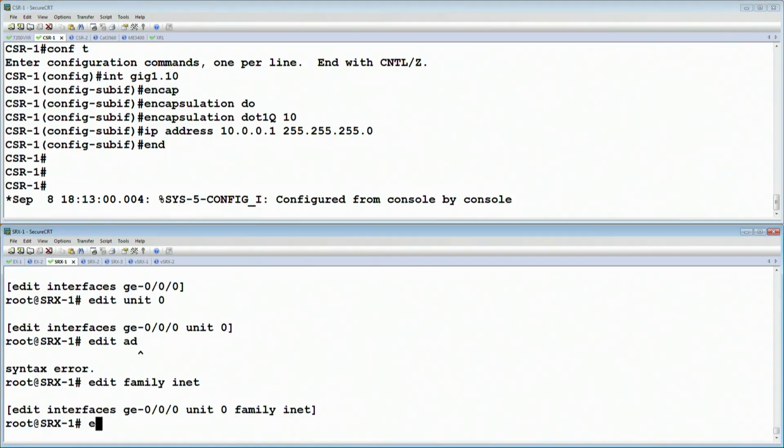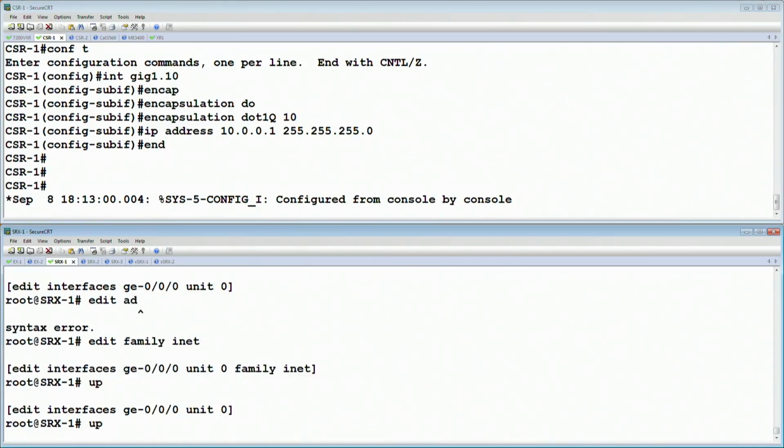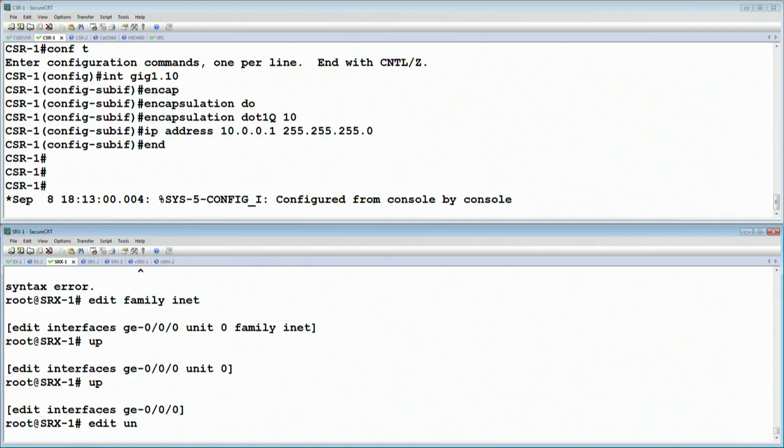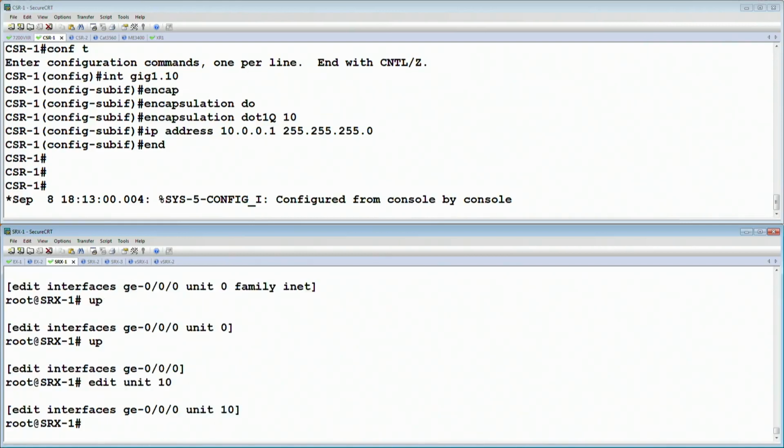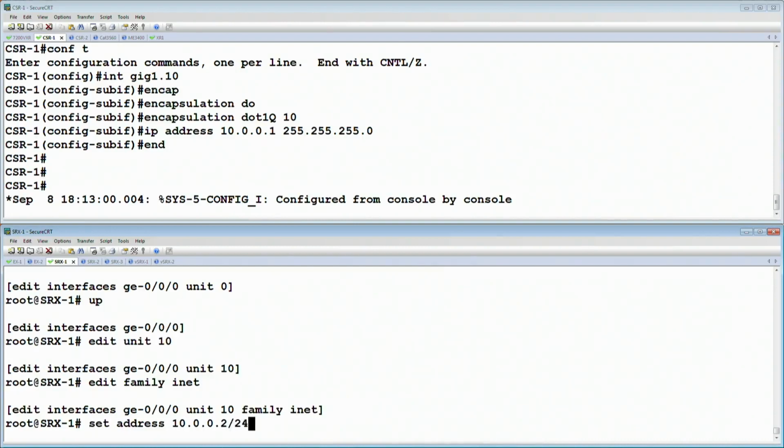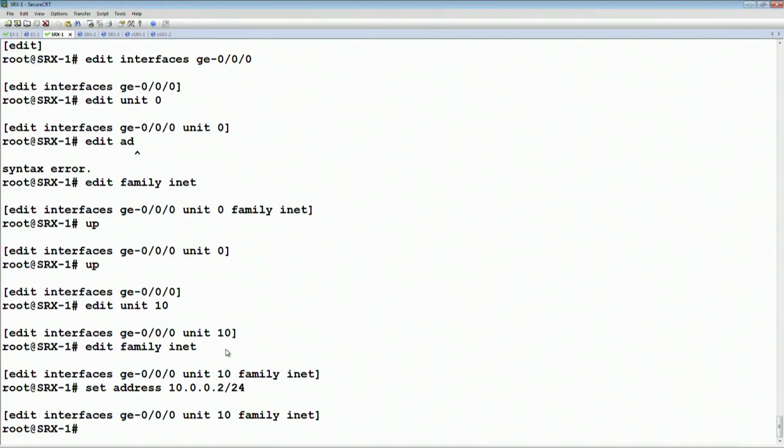And we're going to, actually no, we're going to create a new unit. We're going to edit unit, let's say 10. Edit the family inet and set the address. Address will be 10.0.0.2/24. Now, in the case of JunOS, if we look at the show | compare, again, that's going to show